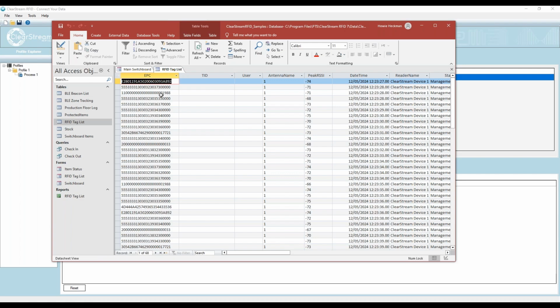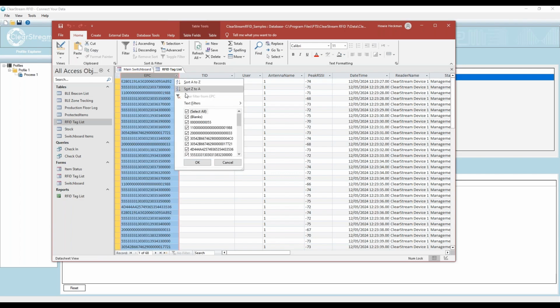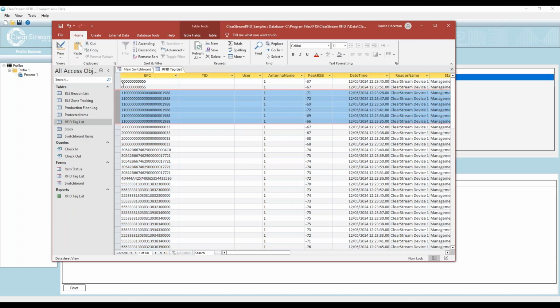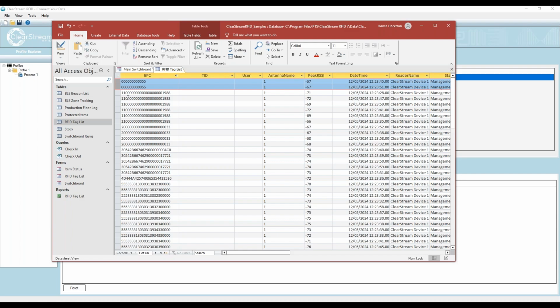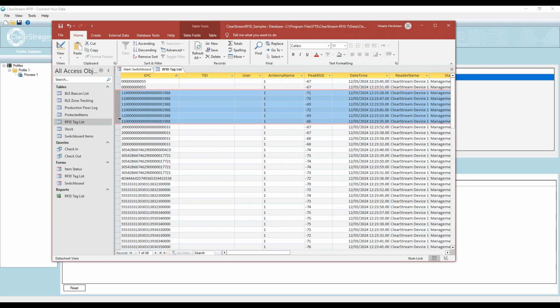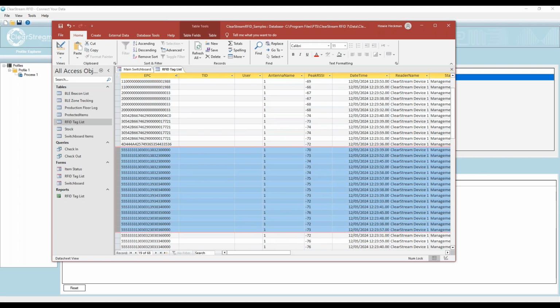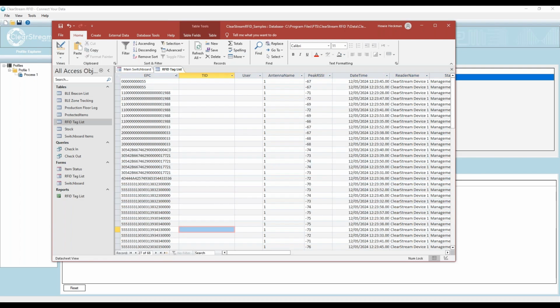the record count below. Now, if I sort these, a couple things to note. I'm going to sort them A to Z. You can see I actually read the same tag a bunch of times. Here, this 55 tag twice, these tags twice, and a whole bunch of these actually read a bunch of times by the reader. And that's because I just set it up by default. I just added this reader, didn't do anything to it, selected the destination and hit start, and it starts scanning tags and sending them over to this